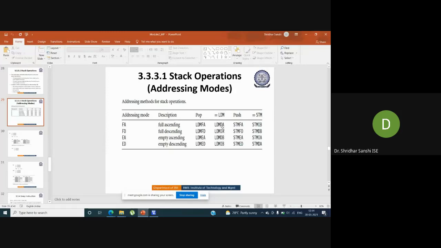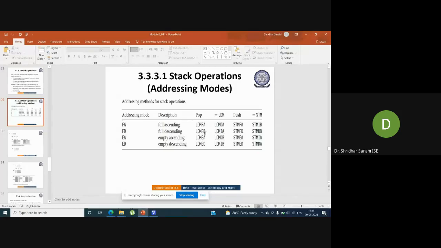And for the push operation we need to use STMFA, which is similar to STMIB. So here we are doing decrement after, here we are doing increment before. If we are using a full stack and the memory is descending, then we should use LDMFD.